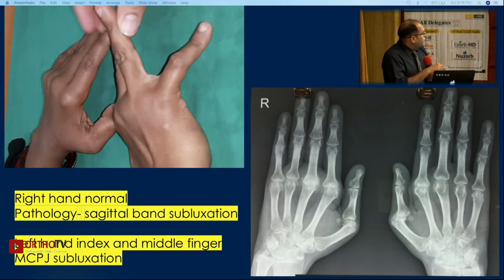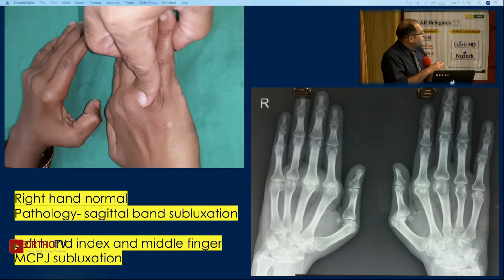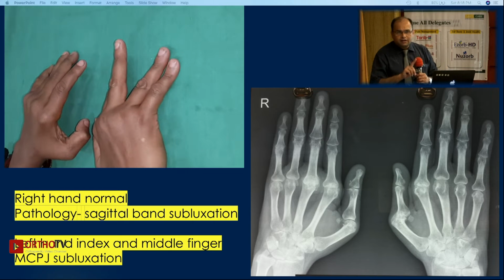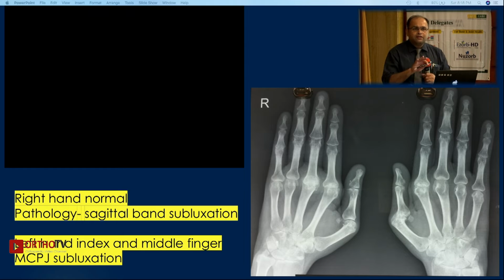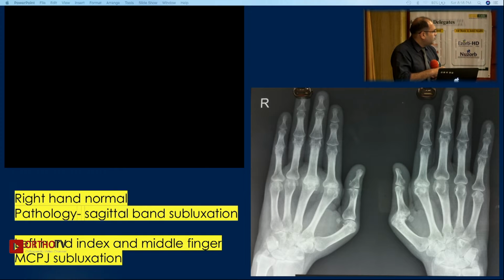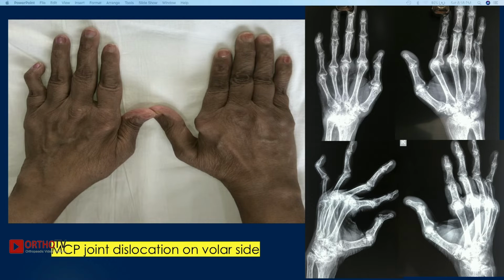Now if you see the picture of the right hand, the right x-ray, what we usually analyze in these patients is that they do not have arthritis yet, but there is definitely a synovitis, and sagittal band subluxation is why the patient has an ulnar drift or dropping of the finger. Usually we know on the x-ray this is the pristinely normal joint, but here we see some changes in the marrow edema or in the periarticular region. So with sagittal band subluxation, these patients will not have much pain, but they will only have the deficit of inability to extend the finger.